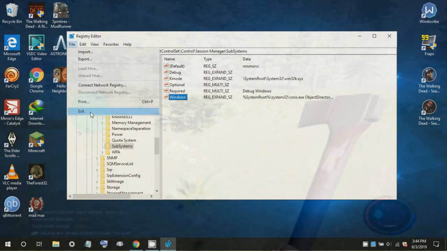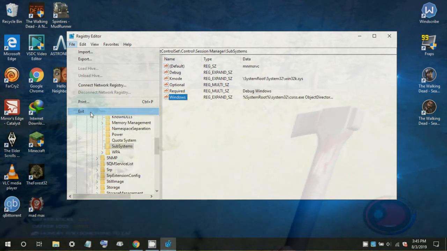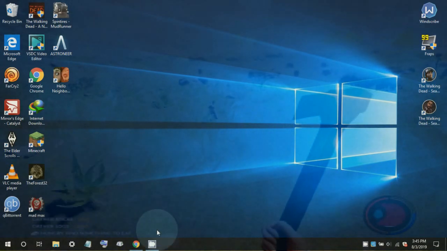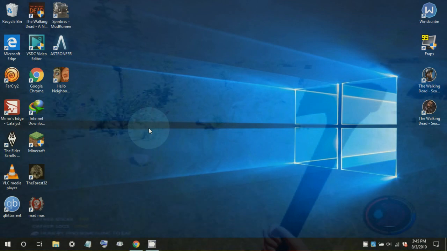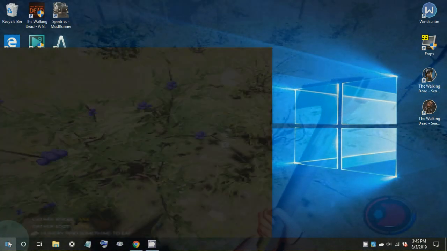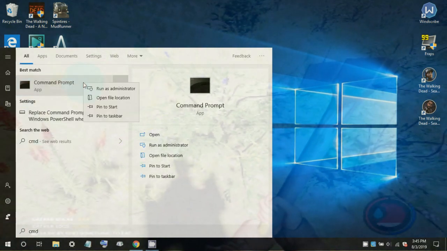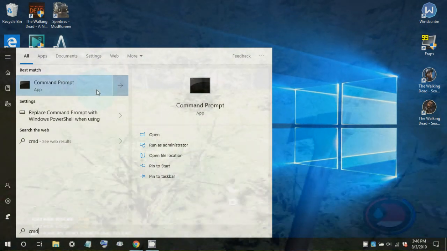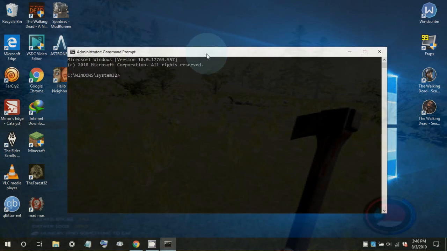But if this process is too difficult for you, there is another way you can do it. Just right click on your desktop again, on your computer again, and type cmd and open the command prompt as admin and type here